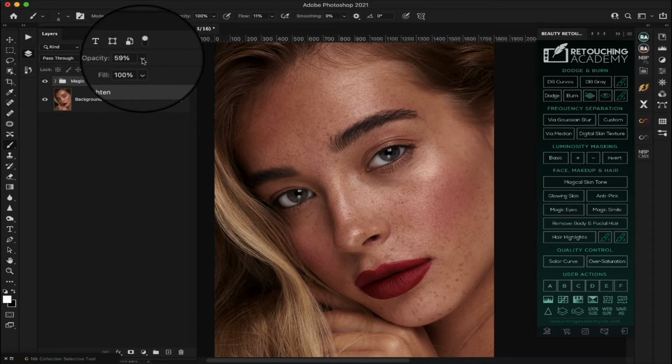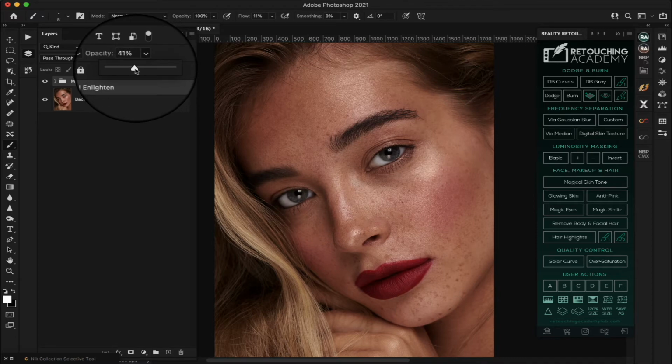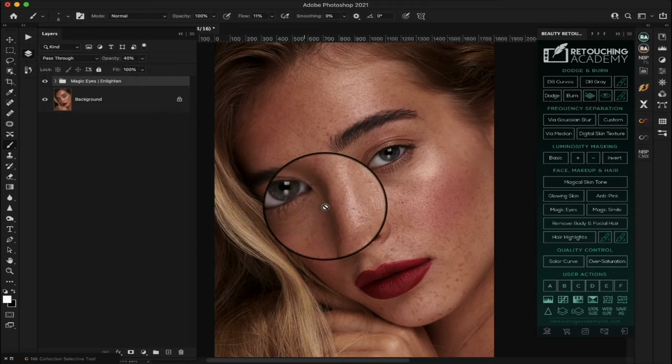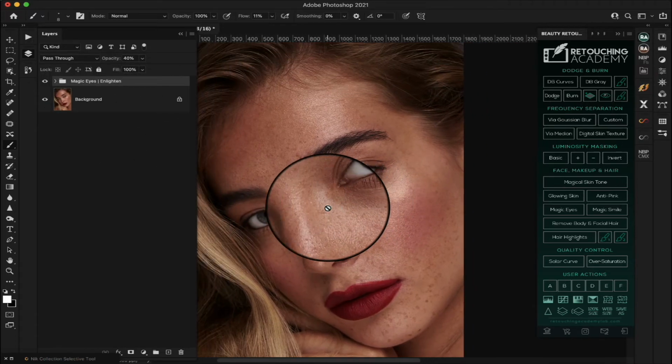Let's bring it down a little bit more. I think I'm going to rest somewhere around 40%. That looks good, okay? Just a little bit of pop in the eyes, right? So